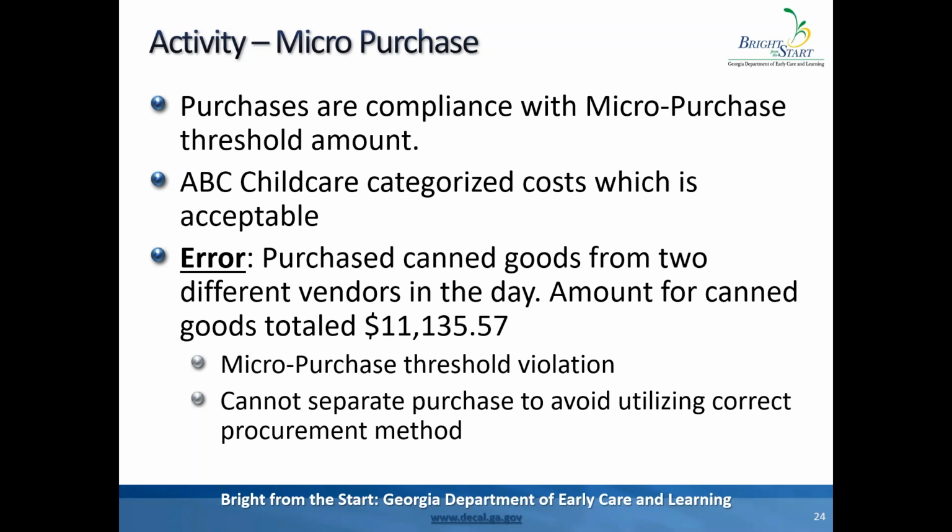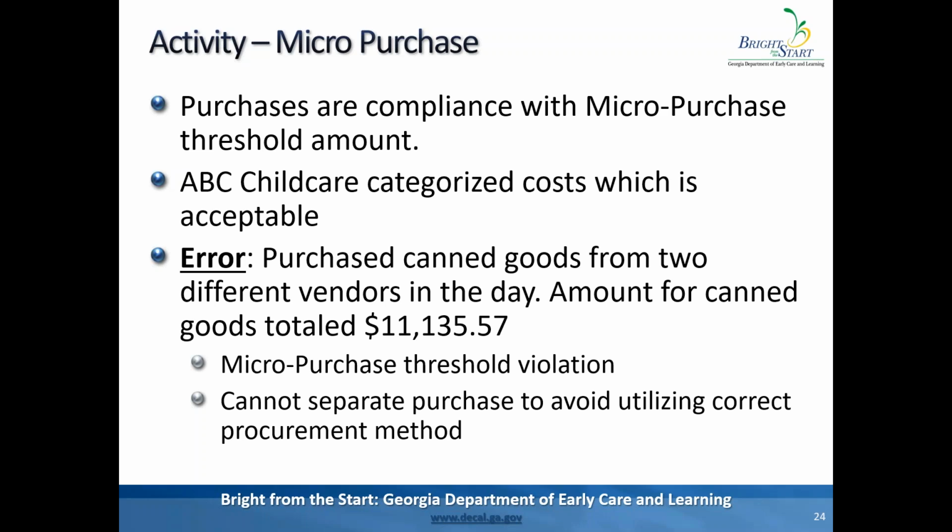So if there is ever an instance where you have the intent to purchase all of your canned goods or all of the items in this one category from vendor A, and you found out that vendor A cannot provide you 100% of what it is that you need for your meal service for the week,